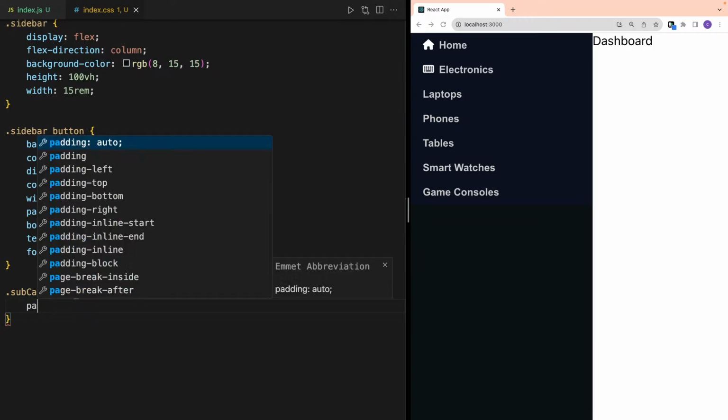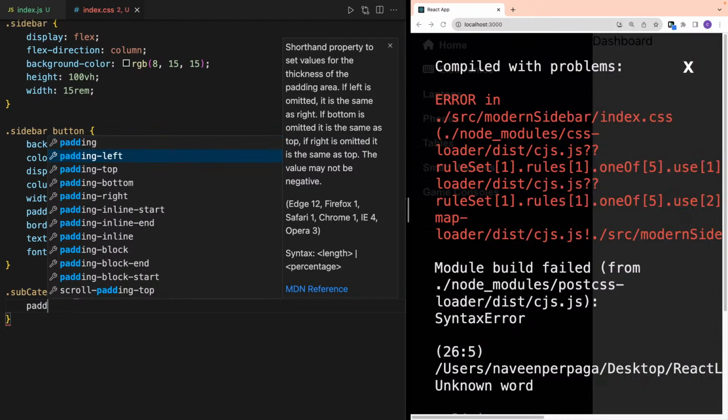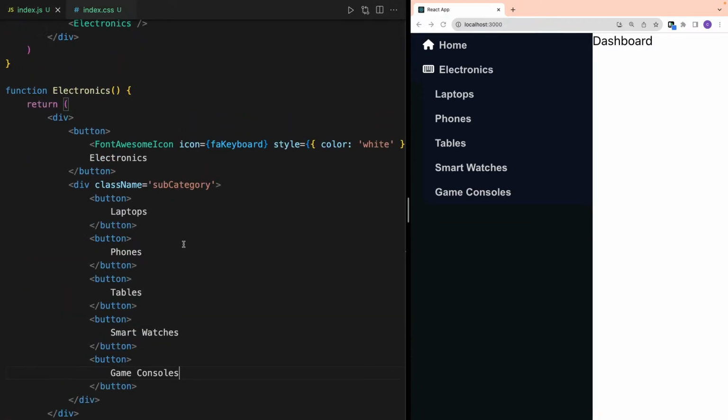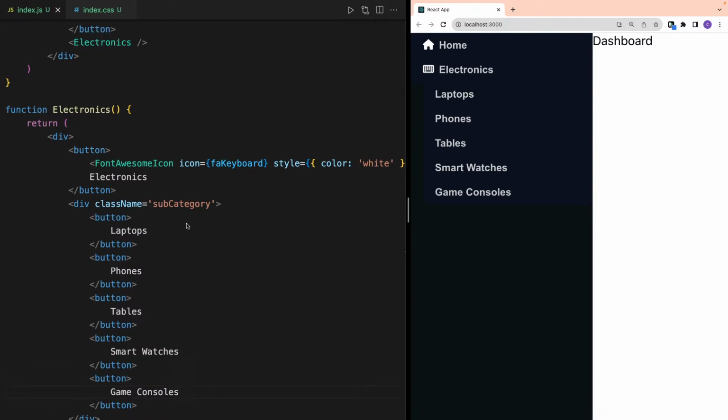We will give it a padding left of 1 rem. So now our subcategories are a little bit on the left, right? After that, I want that on the click of electronics, these will just collapse, and again click, these will expand. So for that, we will use